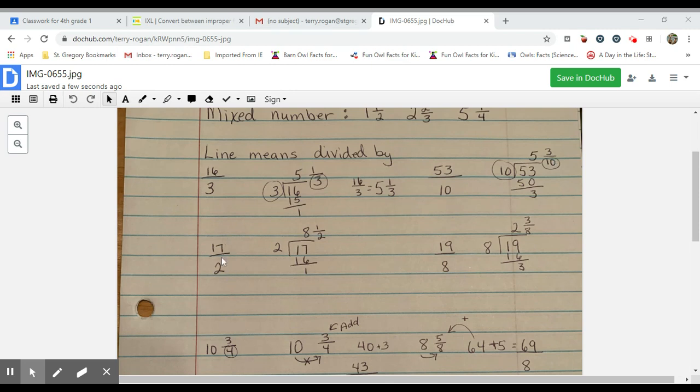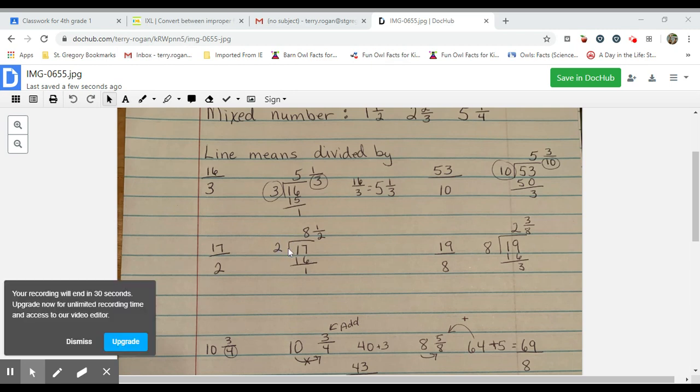If we have 17/2 or 17 halves or 17 divided by 2, put the 17 inside the house, the 2 on the outside. How many groups of 2 go into 17? 8. 8 times 2 is 16. Subtract and we have 1 left over, but instead of writing it as R1, remainder 1, we're going to write it as 1/2. We put the remainder over the divisor or over the original denominator. So 17 halves equals 8